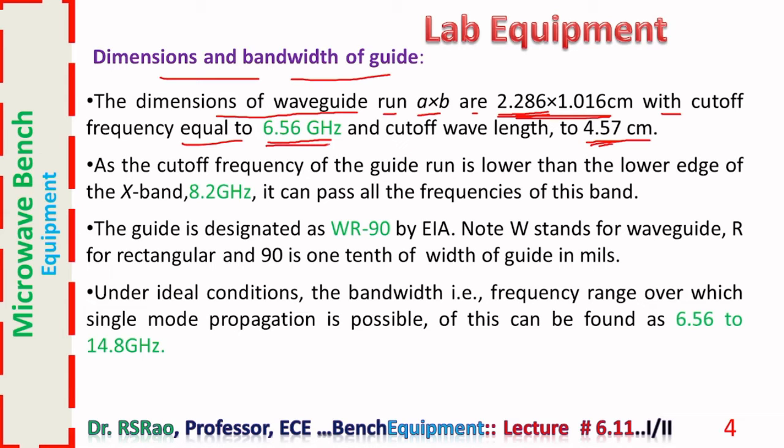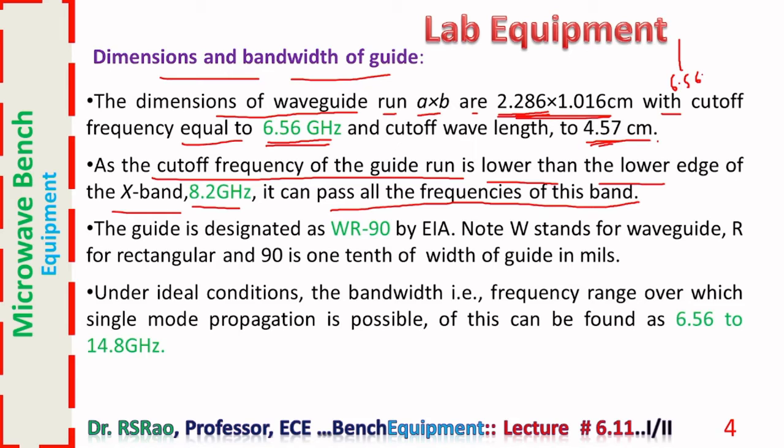fc is v by lambda c. It can be found equal to 6.56 gigahertz, and cutoff wavelength can be found equal to 4.57 cm. As the cutoff frequency of the guide run is lower than the lower edge of X band, 8.2 gigahertz, it can pass all the frequencies of this band. What he is trying to tell is the dimensions of the waveguide run are selected in such a way that the cutoff frequency is